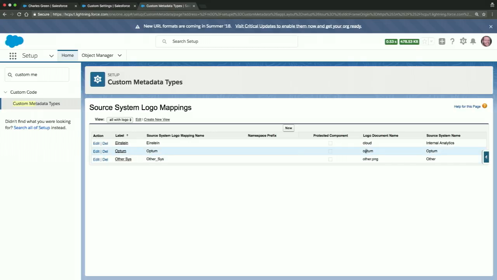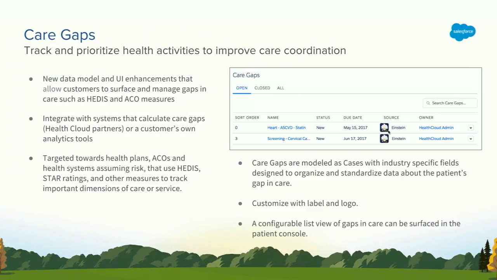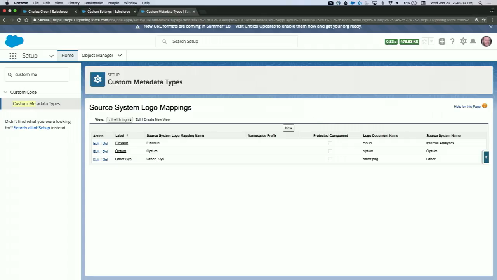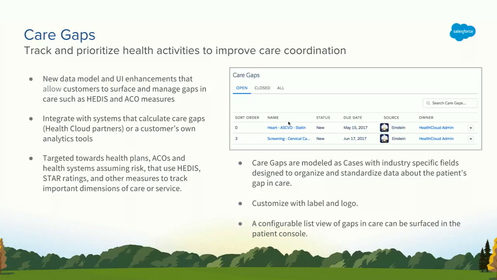So a logo can be uploaded into the documents section, and from that point on, it can be pointed to the appropriate source system. This is essentially mapping those logos, and at that point, it will show up like you might have seen on these slides here where we have the Einstein logo represented. There is a way to have multiple logos represented there for different technologies that are all coming together as part of care gaps. So now moving on to our next feature,